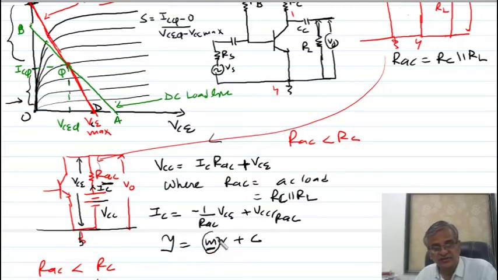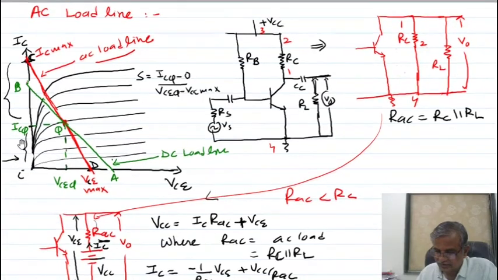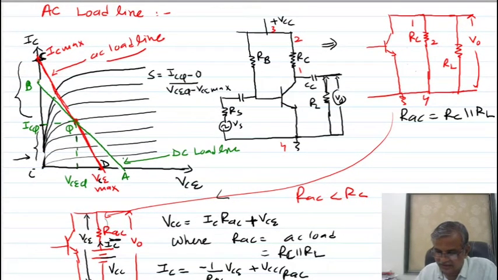To draw the AC load line, first, I know this is my AC load line. I will draw it like this because the DC load line is less steep compared to the AC load line. So this AC load line I have shown. So I have to find the values of C and D. This C represents the maximum value of the AC current, IC max. This is the maximum value of the collector emitter voltage, which I have to find.